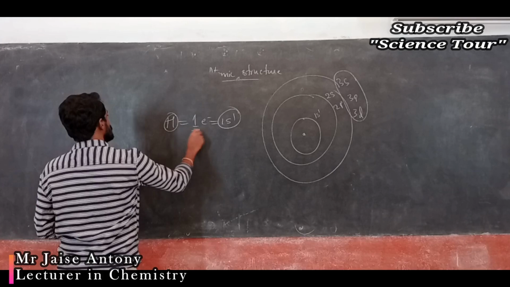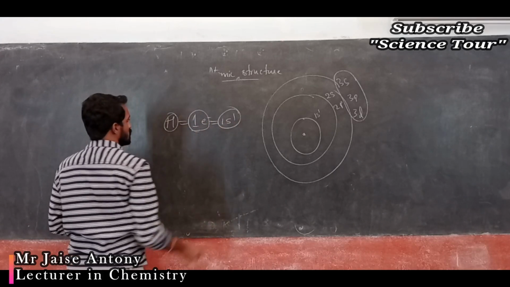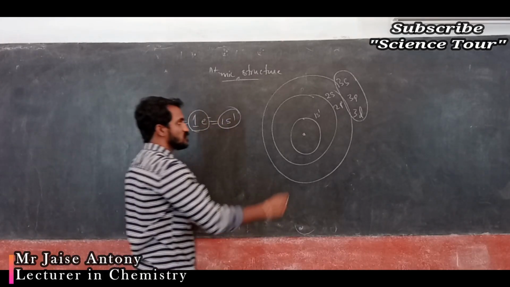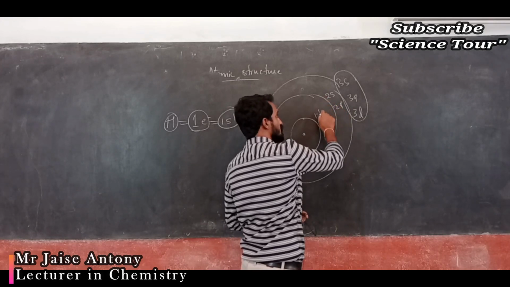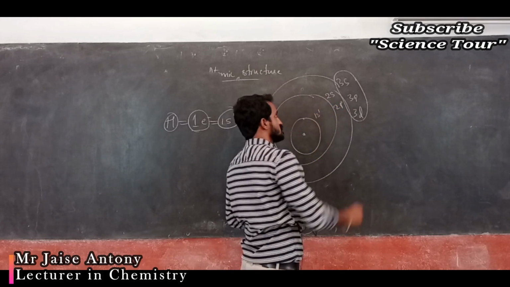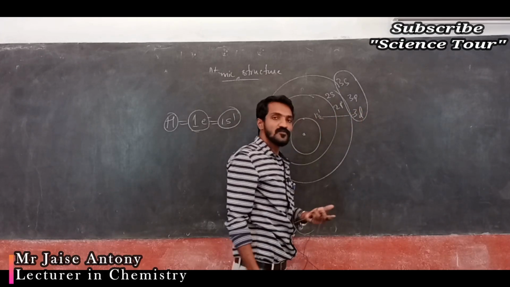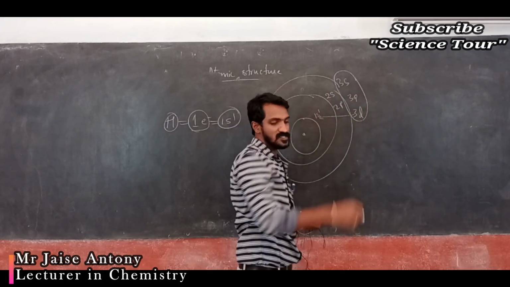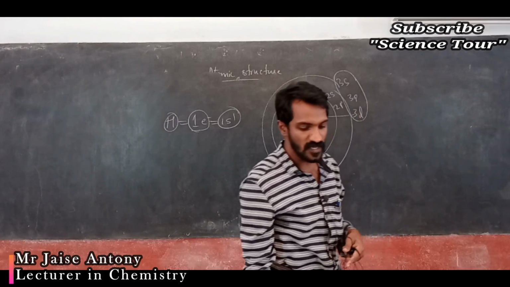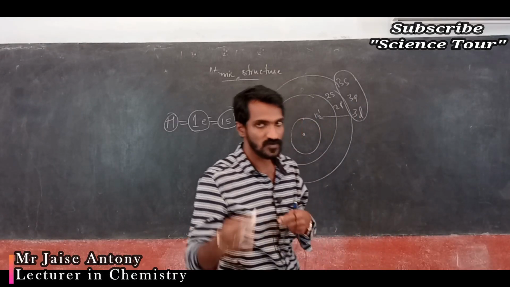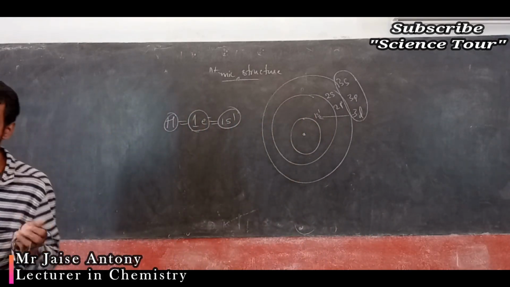A hydrogen atom contains only one electron, in the 1s1 orbital. Understood? The remaining 2s and 2p have the same energy with respect to 1s, and 3s, 3p, 3d have the same energy with respect to 1s. These three have the same energy. Option A is correct: 3s, 3p, 3d orbitals have the same energy. Understood? Please note down, my dear students. Very simple. Only the options are given bigger.